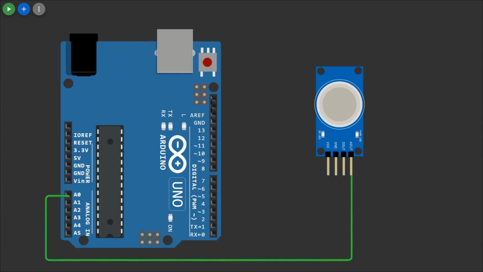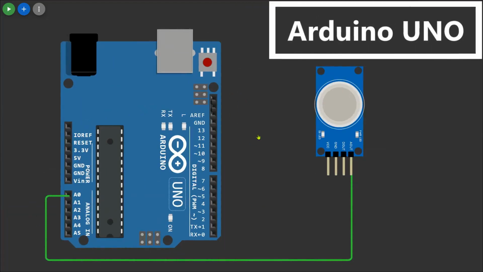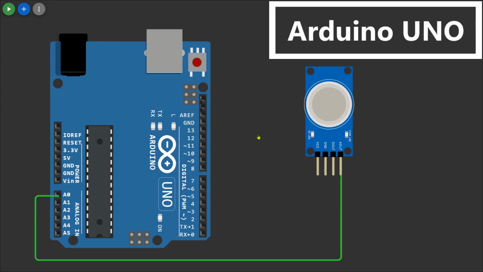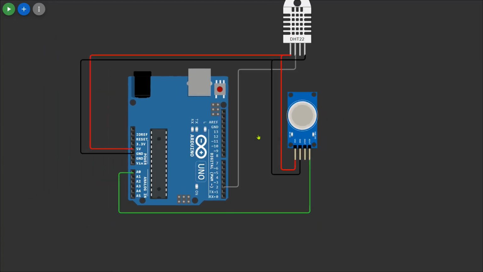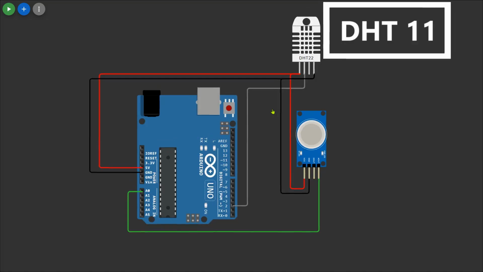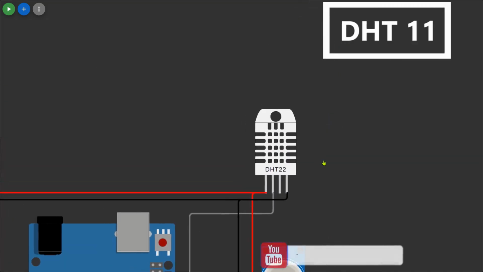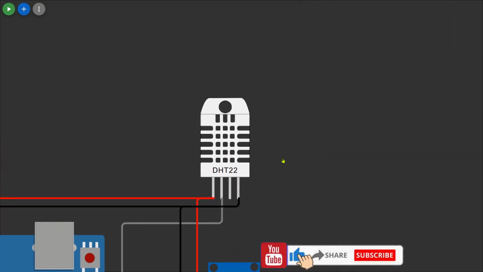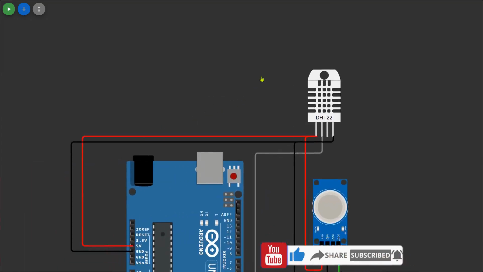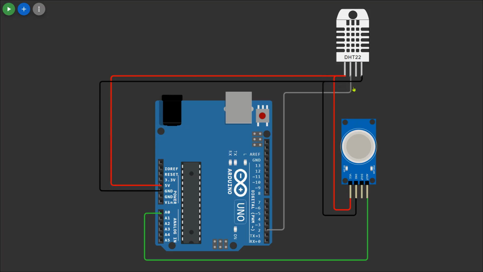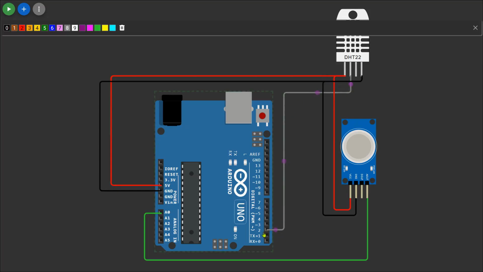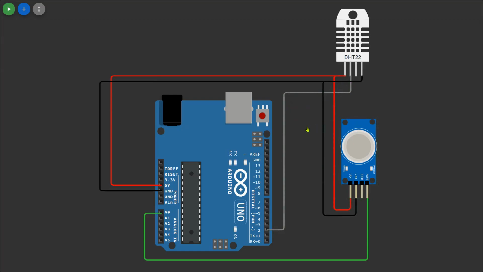In this project, we are using an Arduino Uno as the main controller. First, we will connect the components. We begin with the DHT sensor to measure temperature and humidity. In this simulation, we are using the DHT22 sensor, which provides more accurate readings. But if you are building a hardware setup, you can also use the DHT11 sensor. The DHT sensor will send temperature and humidity data to the Arduino, which will then be displayed on the LCD